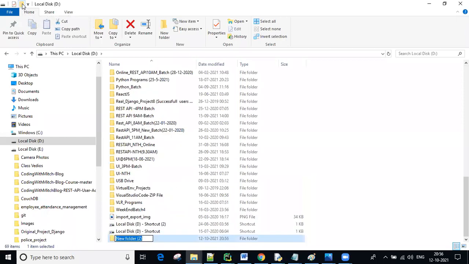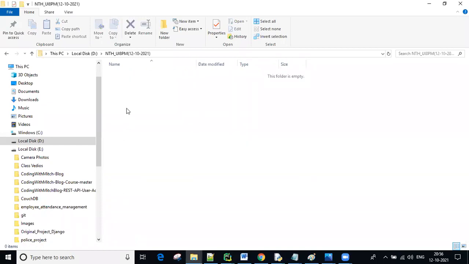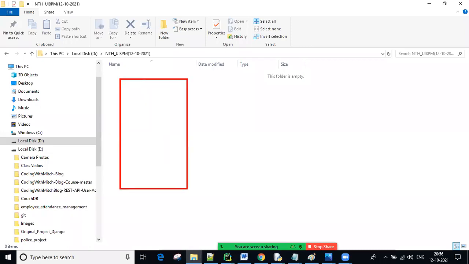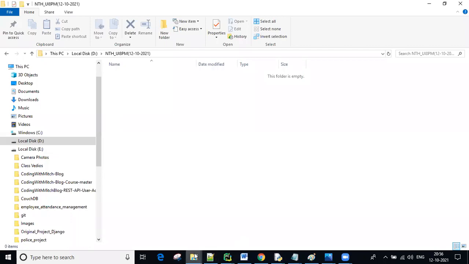You know how to create folders. Now name it NTH UI 8 p.m., and you can maintain the date also. So for example, right now, this one. This is the folder I'm going to create. In this folder I want to store all my HTML programs for this batch. Got it?